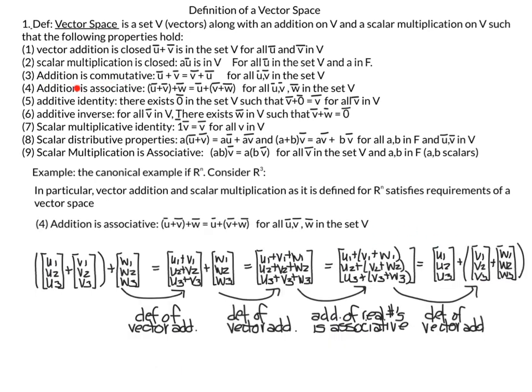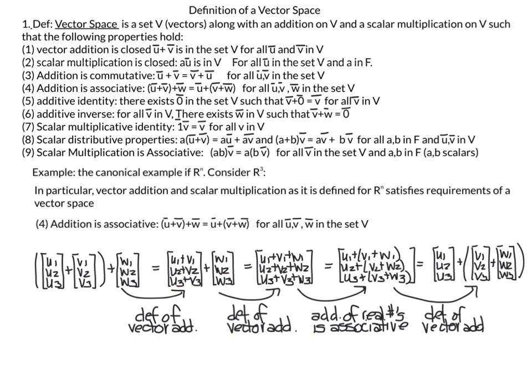The next property, which I've moved over here, is that addition is associative. So if we add u plus v first and then add w, that's going to be equal to adding v and w together first and then adding u. Here I have u plus v added together first and then vector w. Adding u plus v, from the definition of vector addition, gives u1 plus v1, u2 plus v2, u3 plus v3,